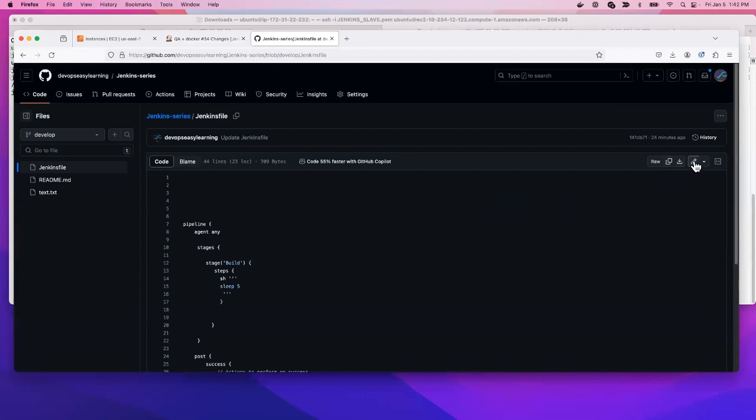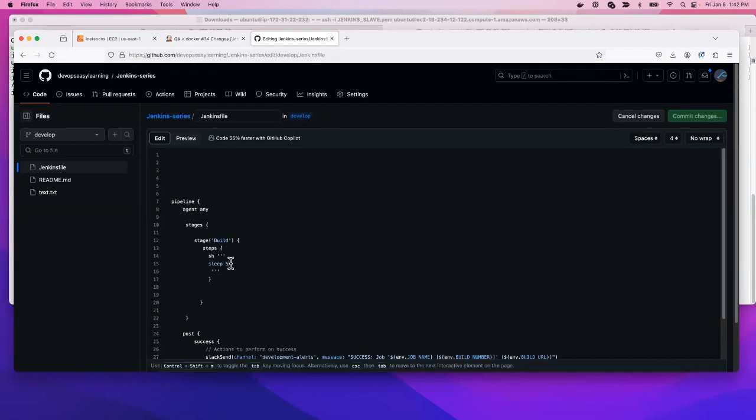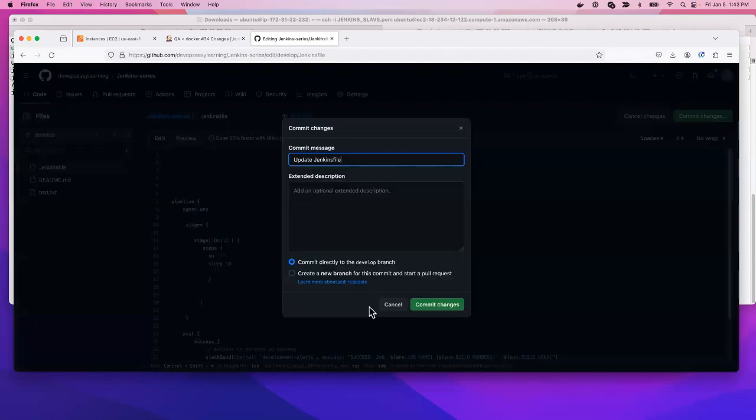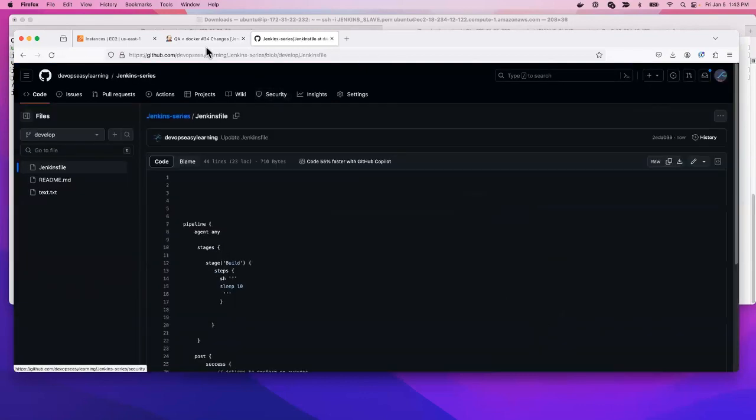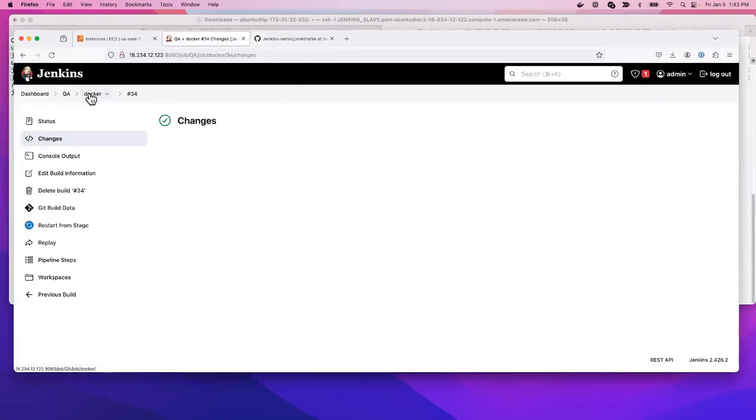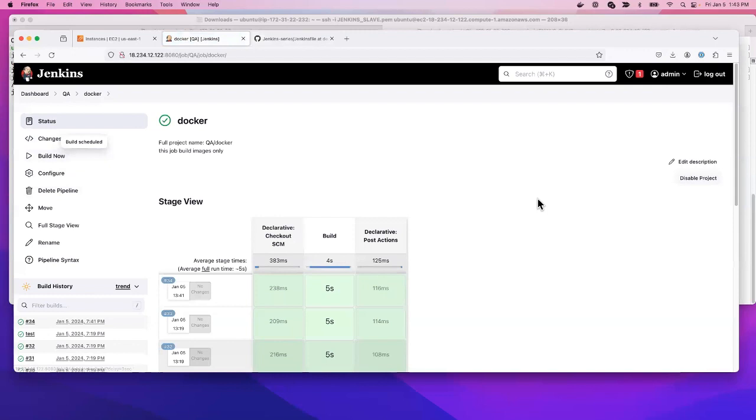Sleep 5, I will change that to sleep 10, wait for 10 seconds. Let's apply that. Now, if I go back and make another build, say build now,